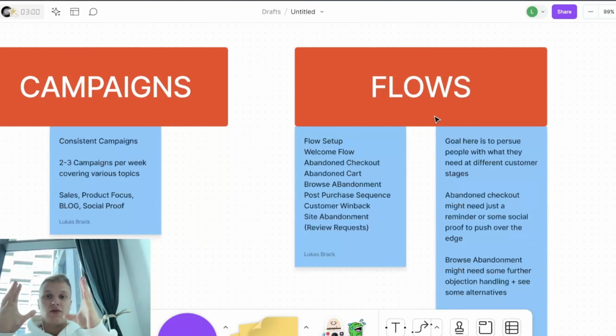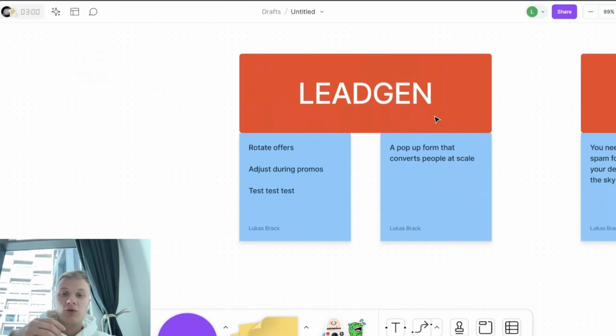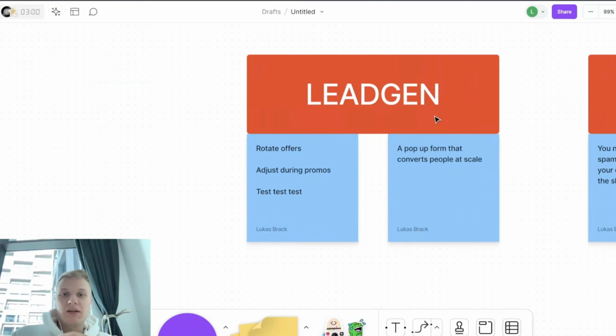And if you nail down the campaigns, you regularly send stuff, and you build out all the flows with the right strategy and the right copy and the right designs, then there are only 2 levers to pull after that. And pillar number 3, and we're slowly going into the foreshadowing of pillar number 4, which is very, very important. But let's go into email pillar number 3, and it's lead gen.